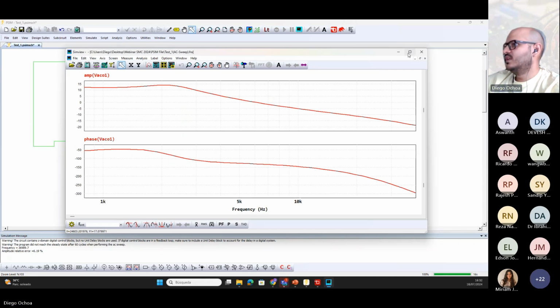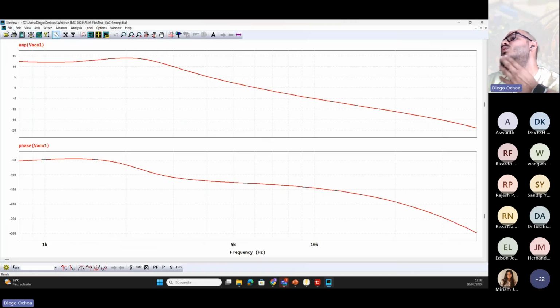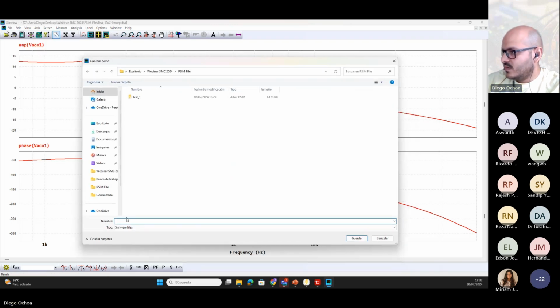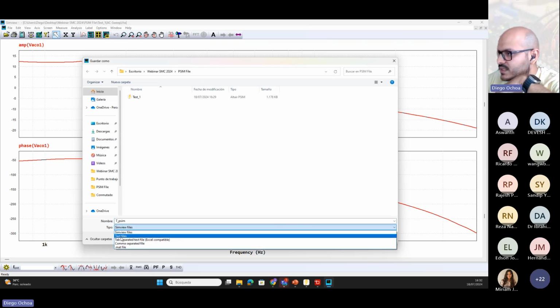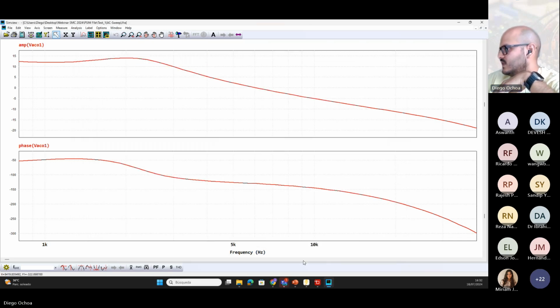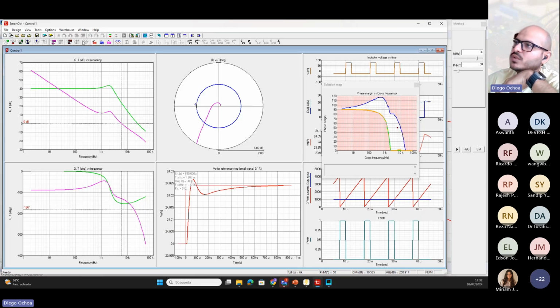Okay. So now I want to save this information. If I go to File, Save As. Okay. Here I have to put some name, PSIM. I want to save as a txt file. Click on OK, save. So now if I open SmartCtrl,